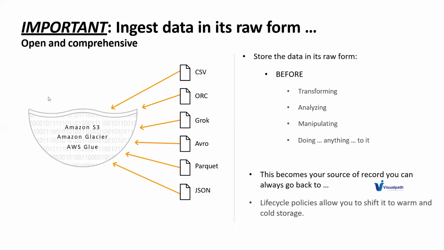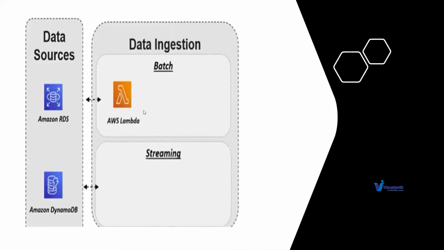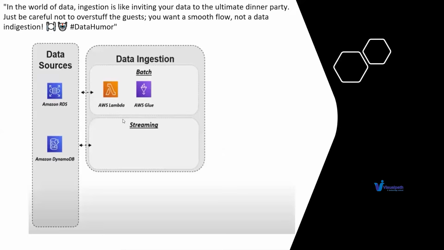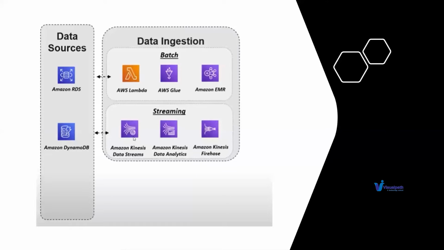We are trying to bring only this data into this data lake. That's why we do this ingestion. As I have told you, there are two types of ingestion. One is batch, and the second is streaming. So we start with the data sources. Then we use Lambda functions, serverless functions, for the purpose of ingestion, and then we use Elastic MapReduce components. And for streaming, we'll be using Kinesis.